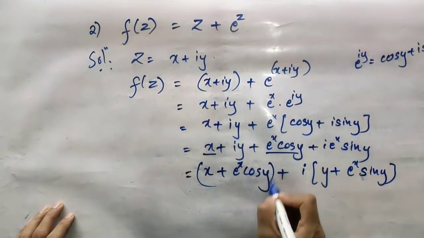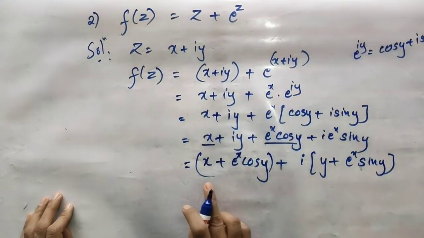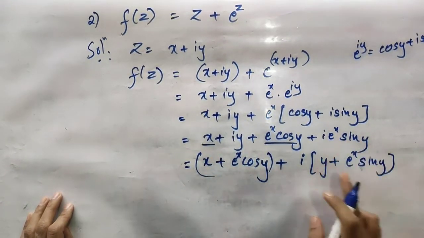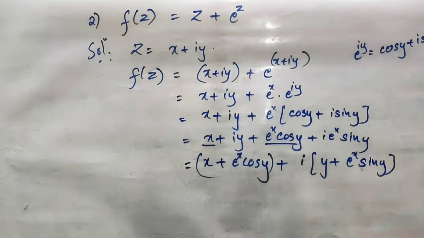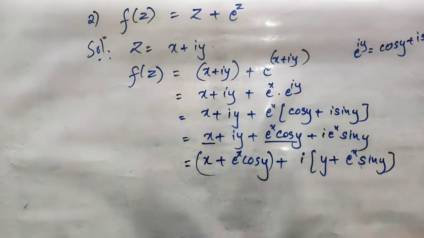So you have got to separate this. Now you can see that this is your u, this is your v. Always remember for these type of problems, after substituting z equal to x plus iy, you just have to separate your real part and the imaginary part and do the rest. You work out the partial derivatives of the real and imaginary parts and verify whether they satisfy the CR equations. Once they are satisfied, the function becomes analytic and hence you can write the derivative.